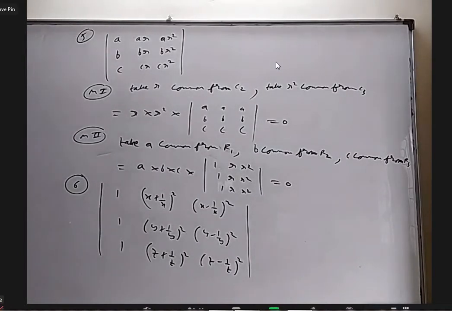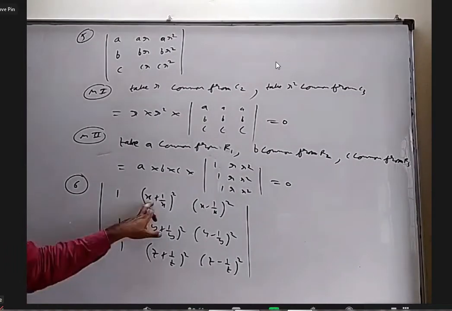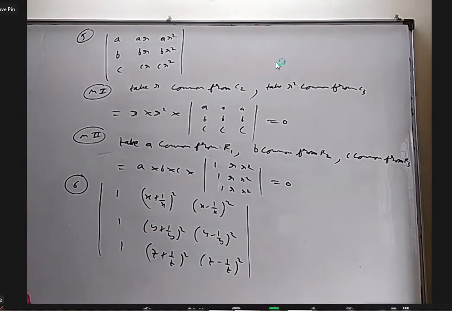Sir, C2 equals C2 plus C3. If you do C2 plus C3, what will come? A plus B whole square plus A minus B whole square is 2 into A square plus B square. You'll get 2 into x square plus 1 by x square. Sir, it's common because column 2 and column 3 are the same, sir. No, this is plus and this is minus. How are they the same? They are not the same.